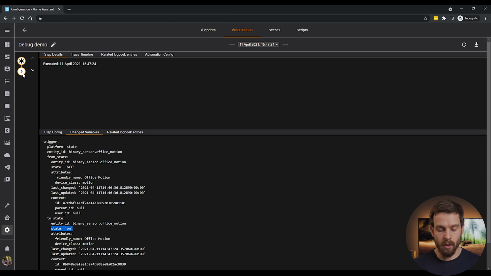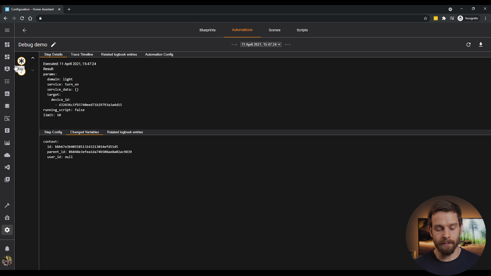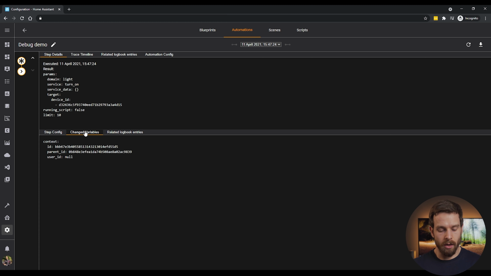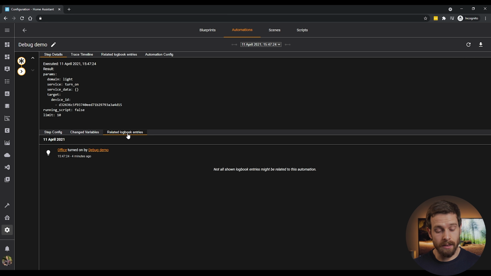Then if we click on the action icon, again, you'll see in the step config what the exact step did. So we have light.turn on, and then our target and our device ID. You'll also see if we click into change variables, there won't be an awful lot to see in there. And then if we click into related logbook entries, you'll see that our office light was turned on by the